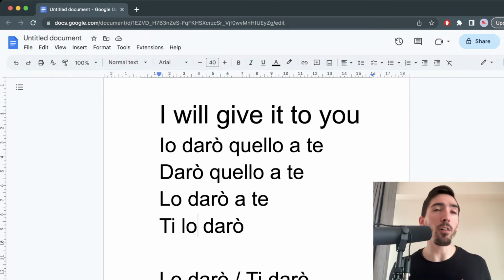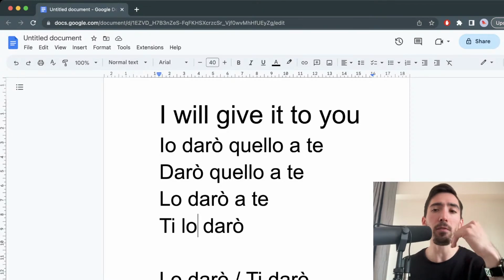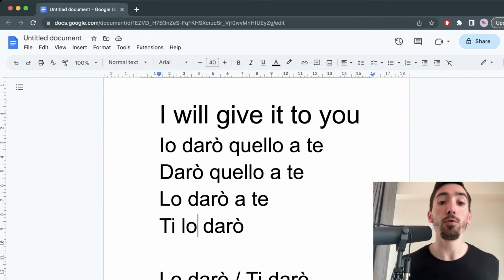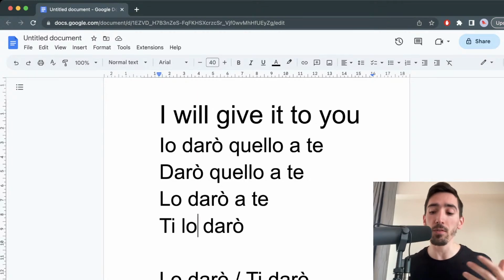And Italian is full of this. And people tell me, oh, you shouldn't teach this stuff, it's too advanced. Well, if it's too advanced, then you cannot say things like, I will give it to you, I give it to you, I take it from you. These are everyday basic sentences that everybody should be able to understand. So I refuse to do without teaching this stuff, because it's complicated, but once you go through all the steps, it becomes easy.